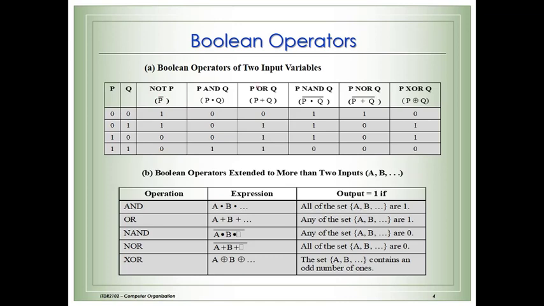Now let's go and discuss the AND operator, P and Q. AND requires a minimum of two variables, minimum two operands. Correct? So here P and Q can be written as P dot Q, that we will read as P and Q, or sometimes it is simply written as PQ.